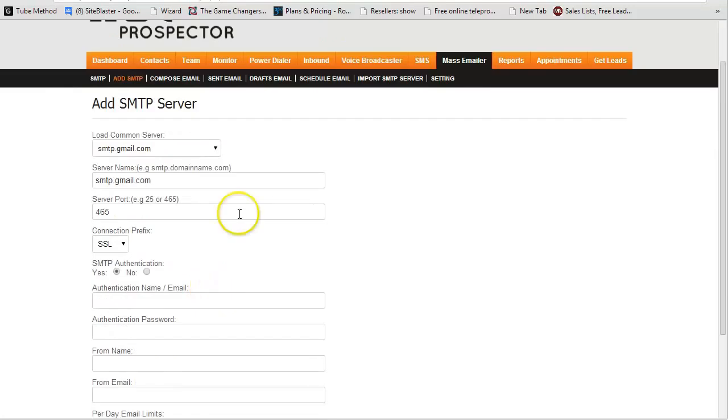So the first thing you're going to want to do is come in and click on Add SMTP. Basically, that means add an account. And this works just like your Outlook or any of the other SMTP accounts that you would use either on your desktop or online. So the first thing you'll want to do is put in your SMTP server name. So for example, Gmail is